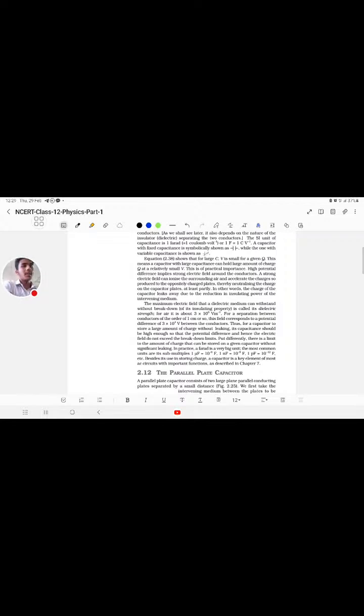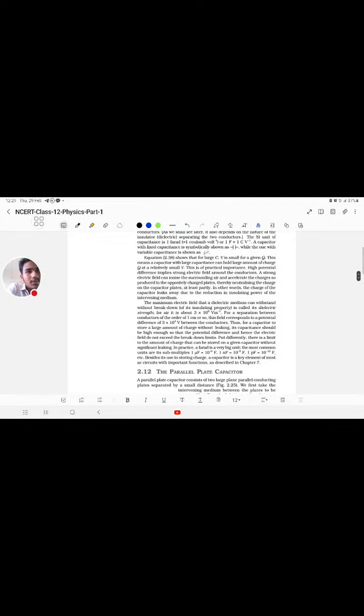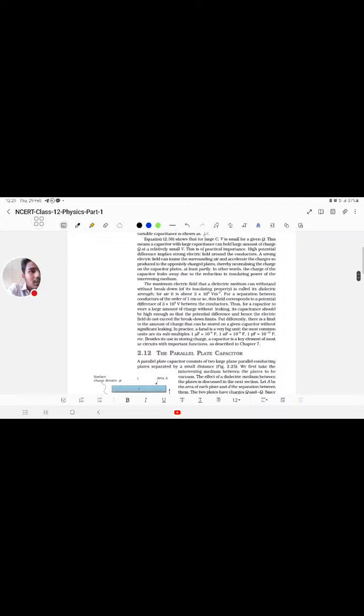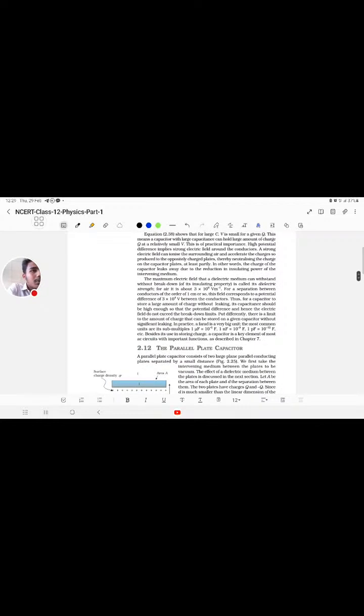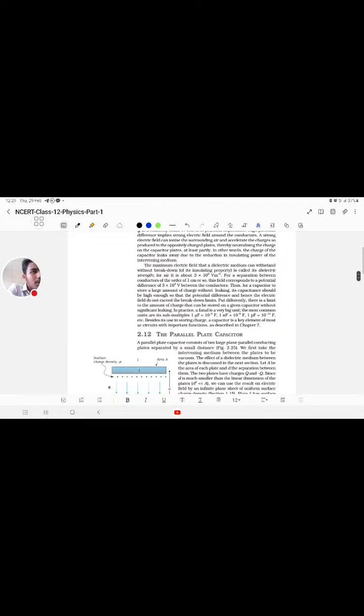The maximum electric field that a dielectric medium can withstand without breakdown is called its dielectric strength. For a separation between conductors of the order of 1 cm, the field corresponds to a potential difference of 3 times 10 to the power 4 volts between the conductors. Hence, the electric field must not exceed the breakdown limits. Put differently, there is a limit to the amount of charge that can be stored in a given